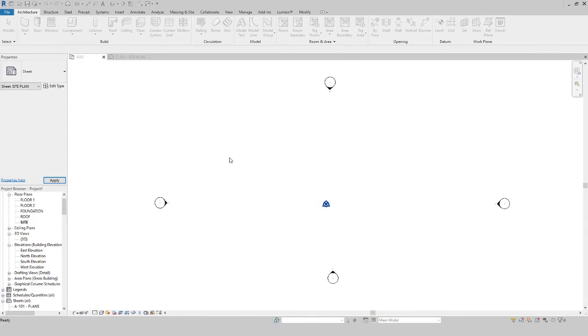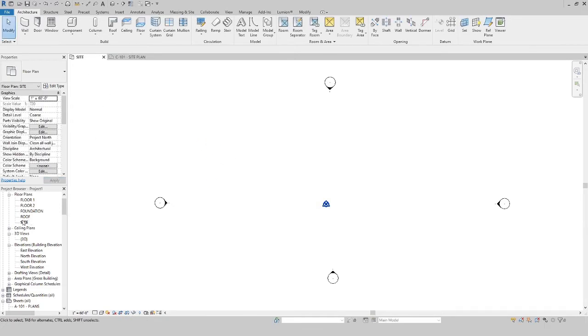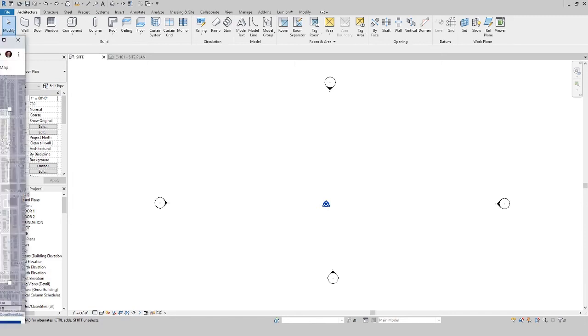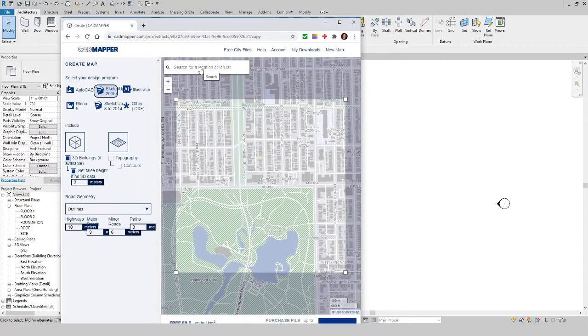So I have a new project that's opening up. I'm in the site plan view, so under floor plans I went to site. And now I'm going to bounce over to a new window of CAD Mapper. And in CAD Mapper, I just can search for my location, and I'm going to click on SketchUp. And so I'm at cadmapper.com. I've typed in a location that I wanted to search for, clicked on SketchUp, and then what I'm also doing